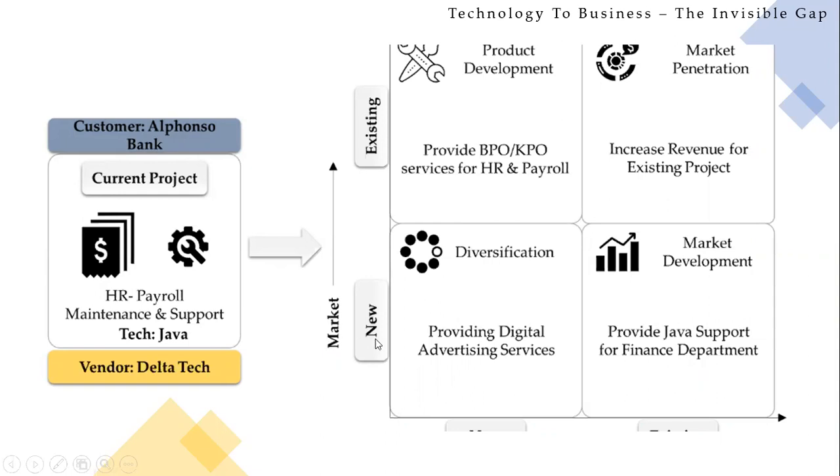It's as good as saying, if you are going to expand the number of team in this area, you additionally want to provide Java support, that is called market development. So this is in HR, you want to increase the market for the Java developer. You want to increase the revenue for the existing project. That additionally, you will also start supporting more people in HR payroll. So that is where you are increasing the revenue of this system through this system. But if you are going to take on support for an additional product, that becomes market development.